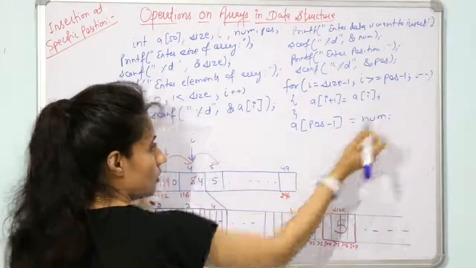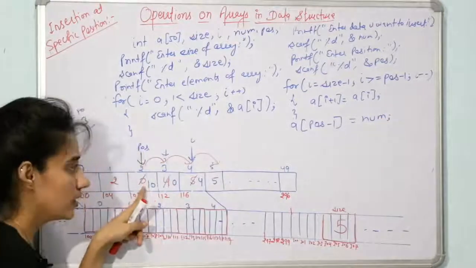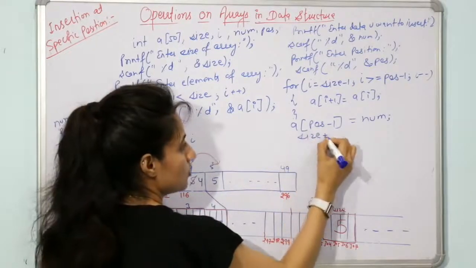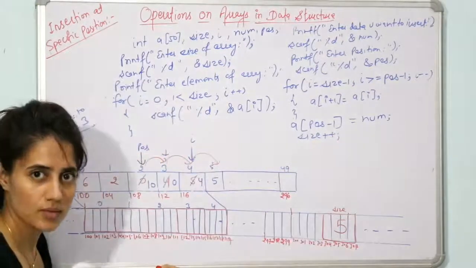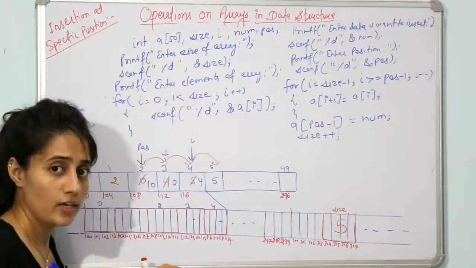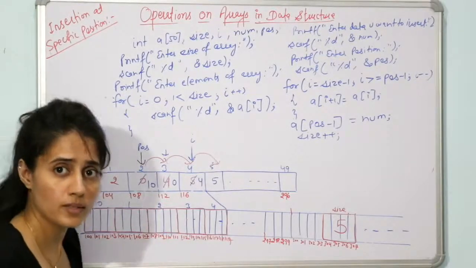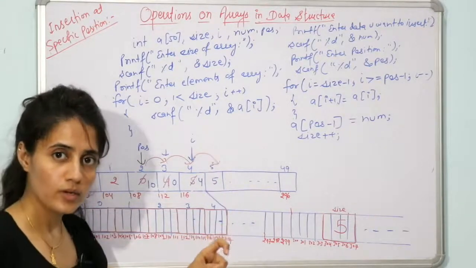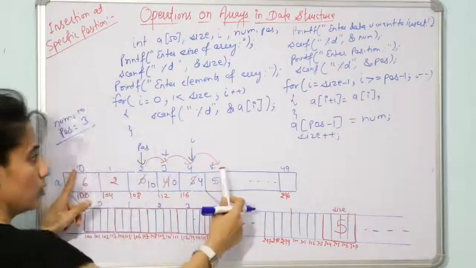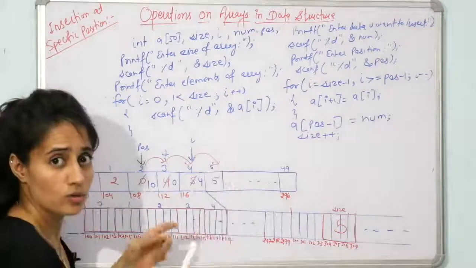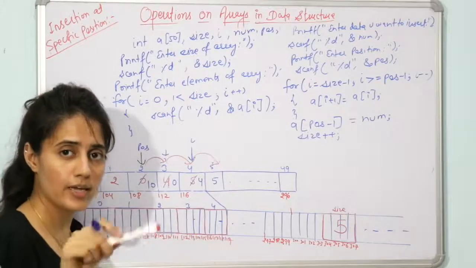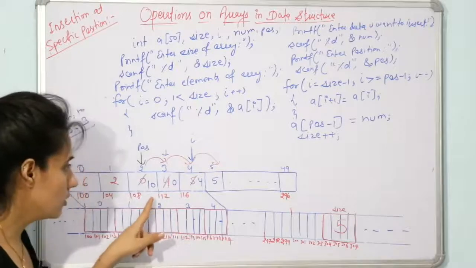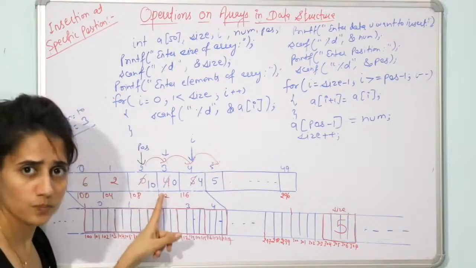So here you are going to insert the number, and after inserting this number, now array size becomes what? 6. So now size becomes size plus plus, right? Now finally you will print this array. How you can print this array we have discussed when we were traversing the array. You just write a for loop. In the for loop you will start from 0 to the size, fine, and you simply write printf %d and a of i, and all these values would be printed. This is how we are going to insert the data at a specific position, fine.